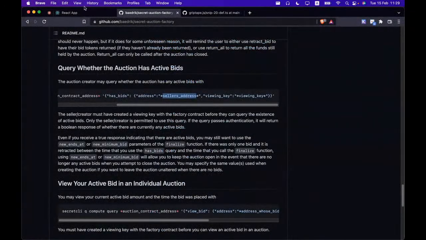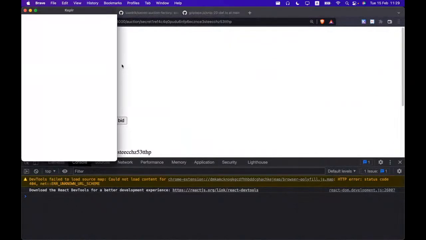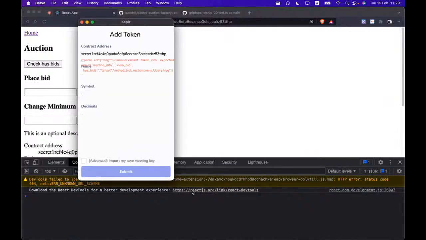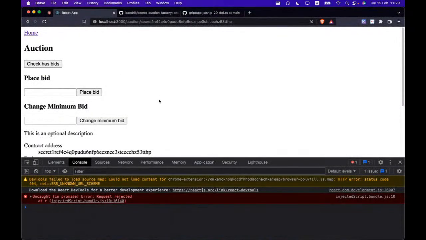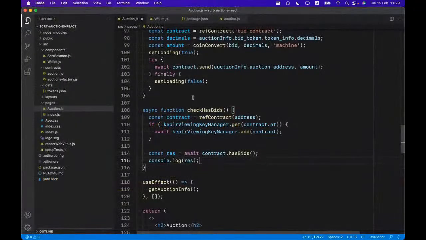So let's see how this looks. Check has bids. Well, the issue that happened there was that the auction itself is not on SNIP-20, and Keplr is only able to store SNIP-20 viewing keys. So I need to create that viewing key